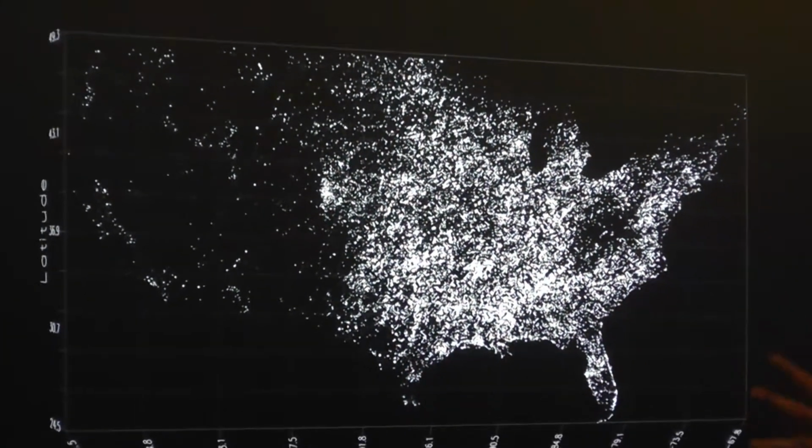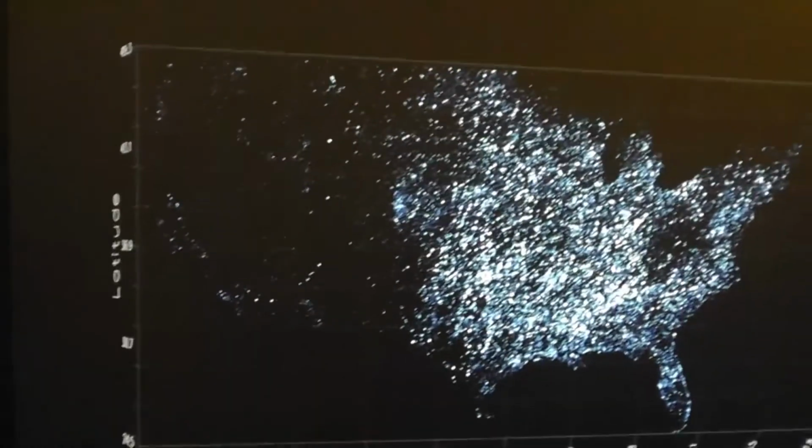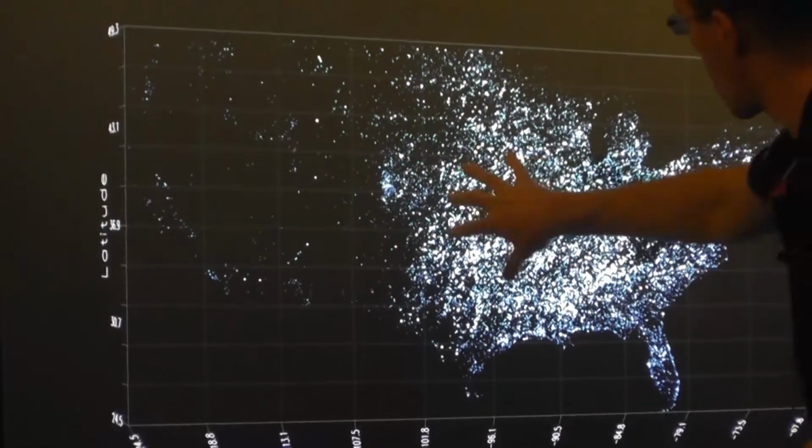Let's apply some color as well. So again, I'll apply color to the strength field, and I'll have blue as the weakest type of tornado, and white. So white are the large